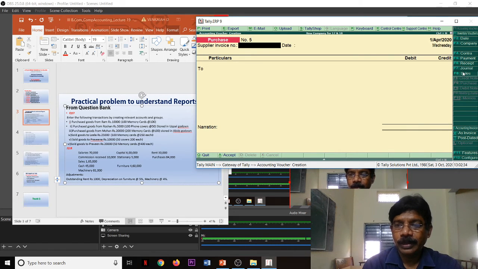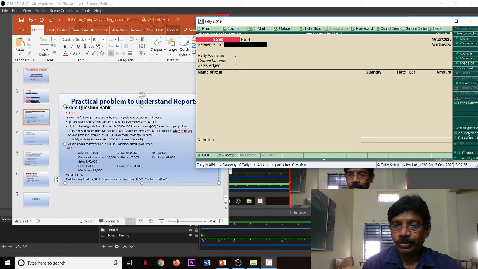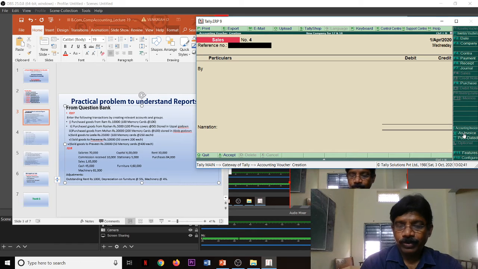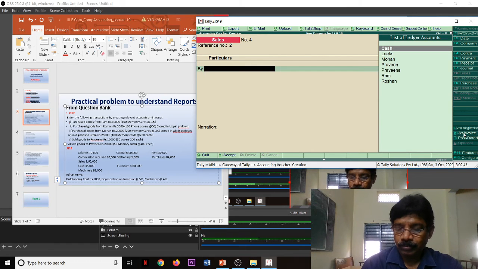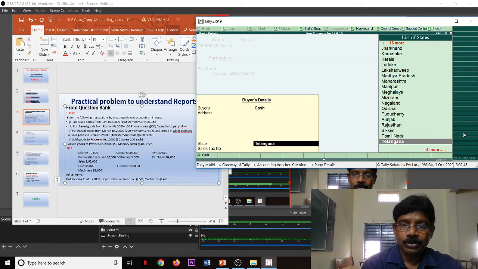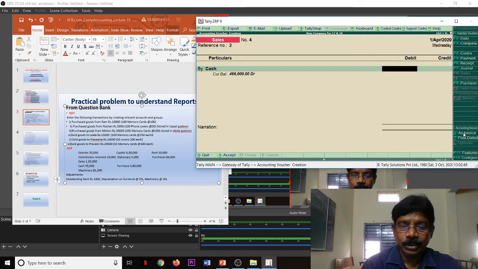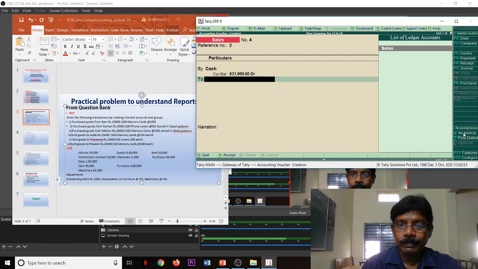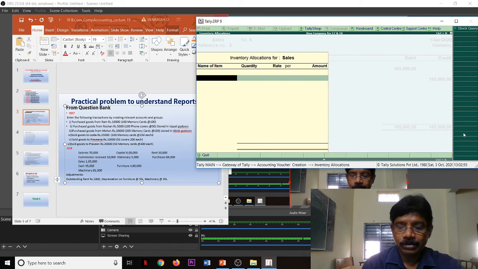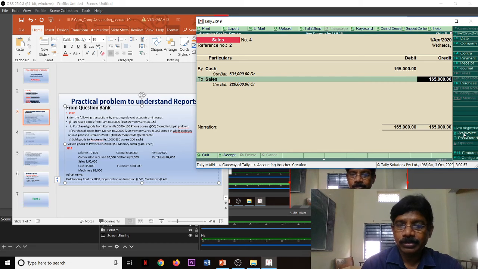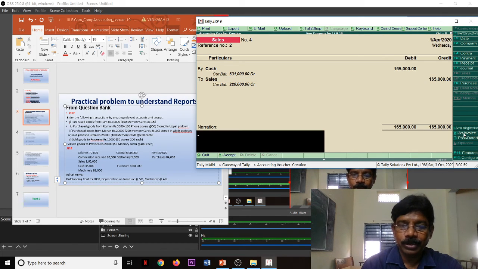F8, sales voucher. Reference to cash. Here nothing is mentioned, so directly I can take cash account data to sales account, 1,65,000. Sales. Just simply press. There were no items.